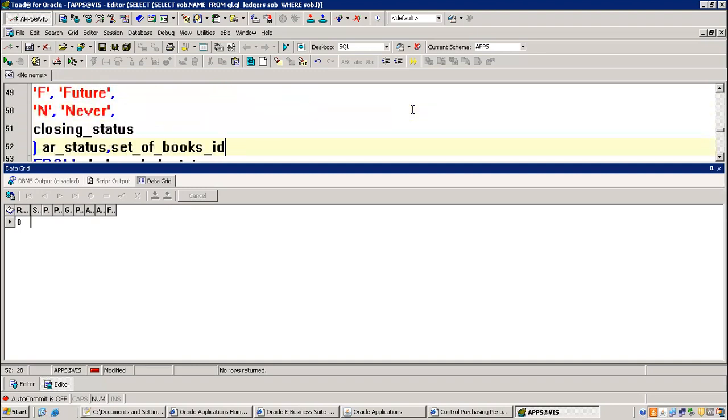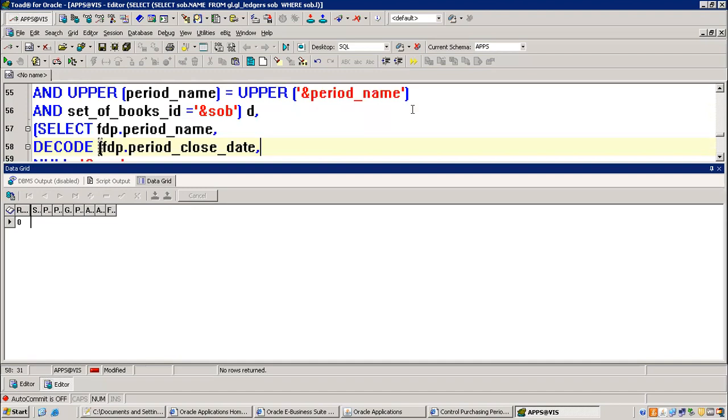Just hold on. I am modifying everything. Everywhere it is asking.